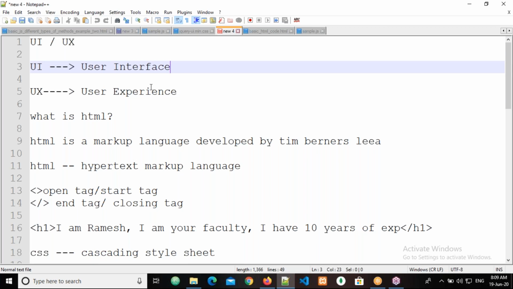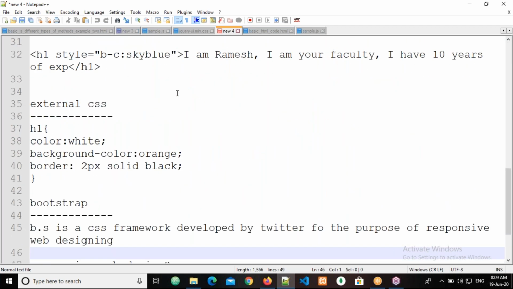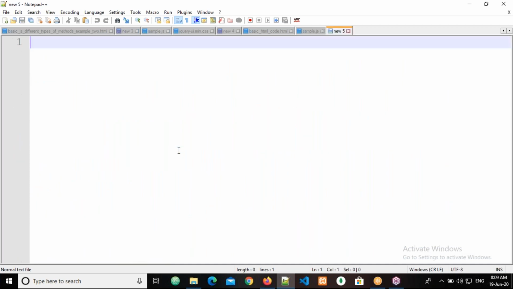Right. Now I'm going to start basic classes regarding HTML. First, we need to take a new file and write the basic code for HTML. The first thing we need to write is doctype space html. Since HTML is a markup language, we need to write all the keywords related to HTML in tags only.